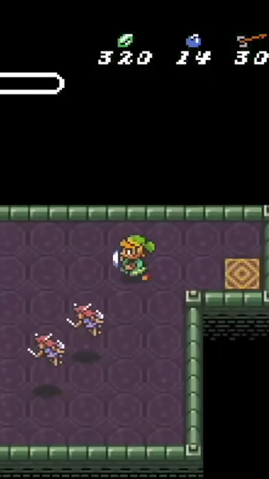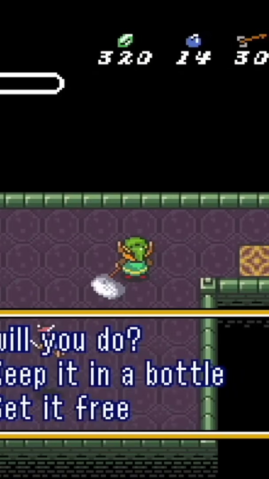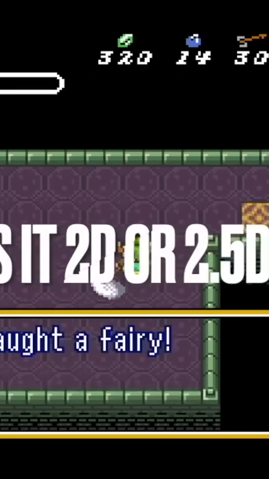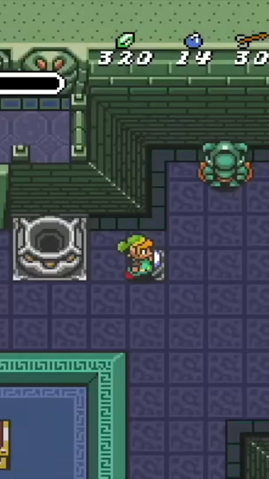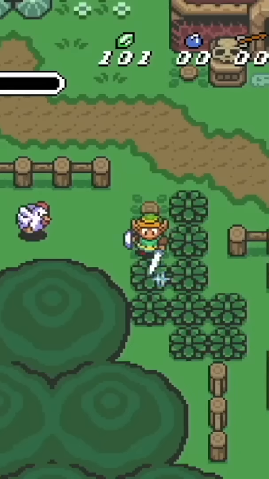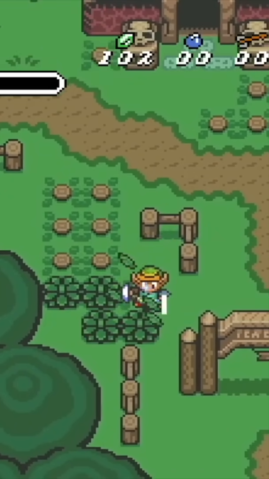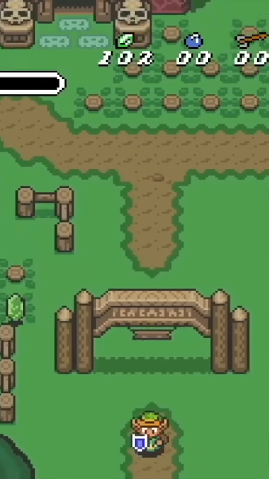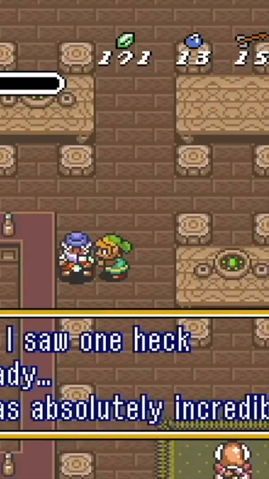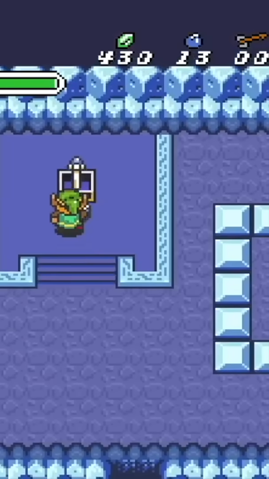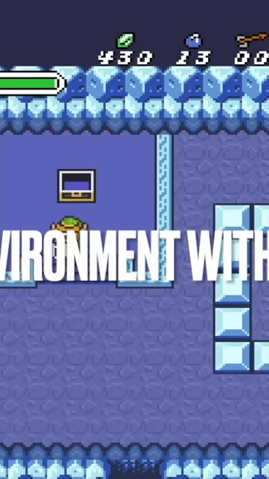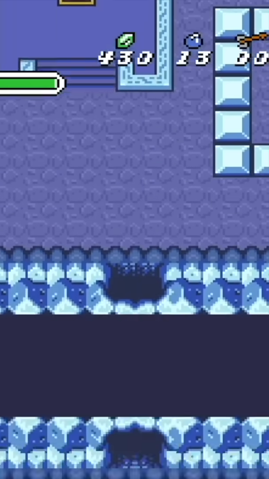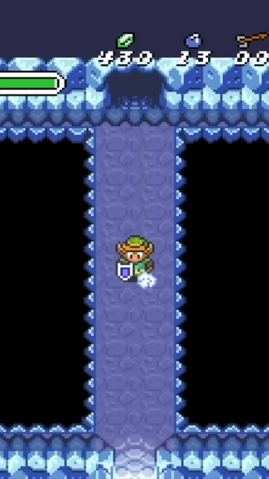But when I was reading the comments and really thinking about it, I had to ask myself, is A Link to the Past a 2.5D game? Not just in design philosophy, but in execution. If we can answer that, though, we should probably define what 2.5D is so that we have a base to work from. In the context of video games, 2.5D refers to games that utilize a 2D environment with 3D elements, often achieved through techniques like camera angles or parallax scrolling to create an illusion of depth.